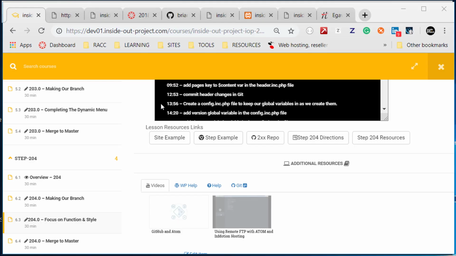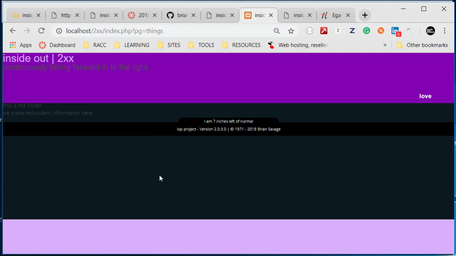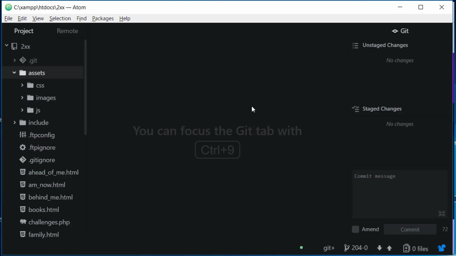And if we actually go out and we take a look at localhost right now, we can see what's going on. We can see that our styles have changed, we can see our menus a little screwed up, and that's okay because we haven't put all the functionality into it yet. The next thing we're going to do, based on what our directions tell us,